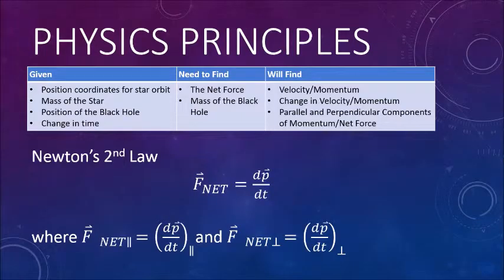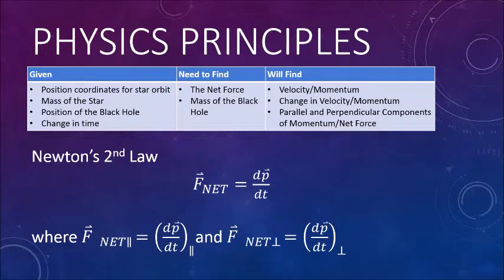We were given a file containing position coordinates of the star's orbit taken at 1-year intervals, the position of the black hole, and the mass of the star. Using this information, we will find the mass of the black hole. Like past labs, we will use Newton's second law, this time in the form F net equals dp/dt. This lab requires a bit more algebra, so first we'll explore momentum, and then we'll get to finding the mass